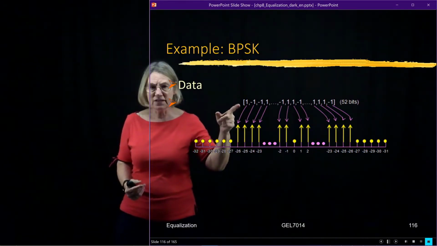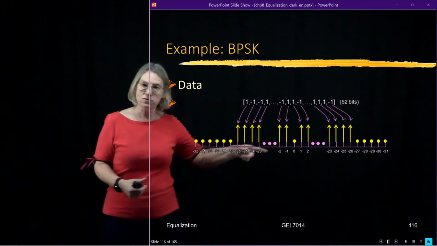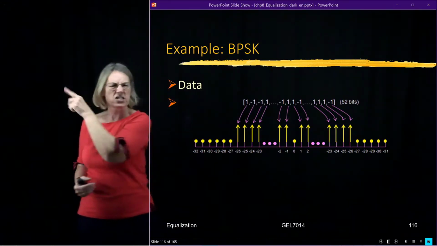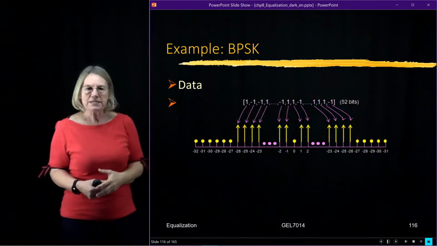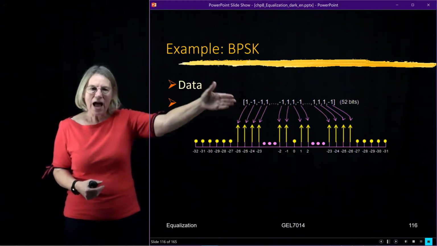I think of each one of these bits being assigned to one subcarrier. The next 52 bits will be assigned again. That'll be the second data stream. Before my illustration, I was using 8. Here it's 52. So what happens is I take this data, which is plus or minus 1, and I put it